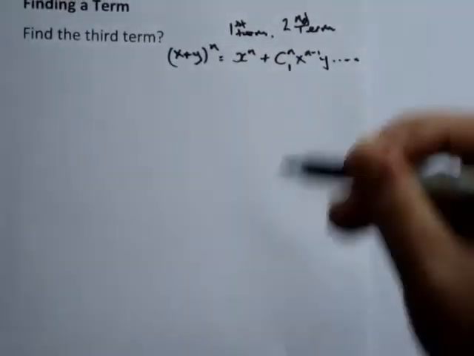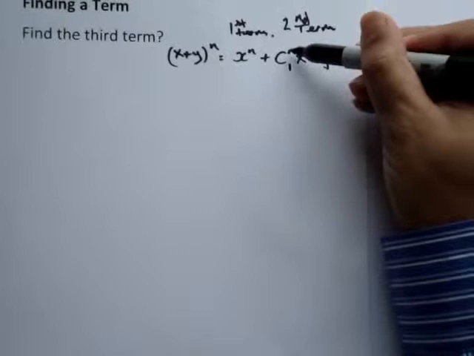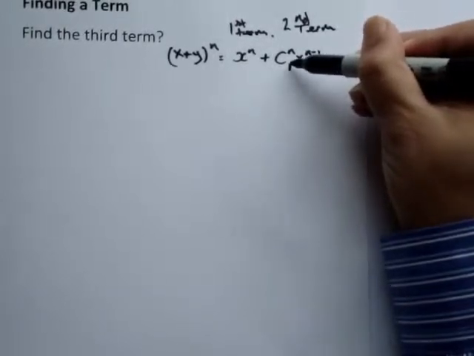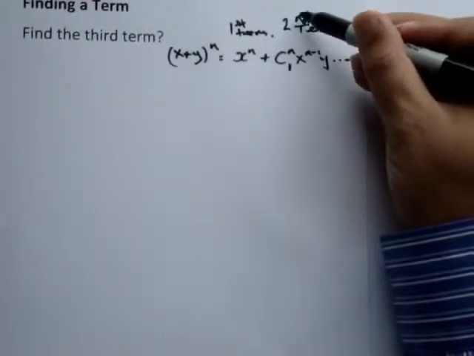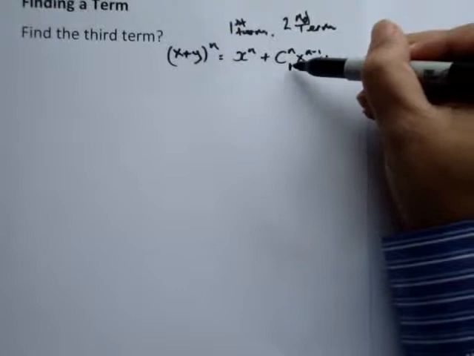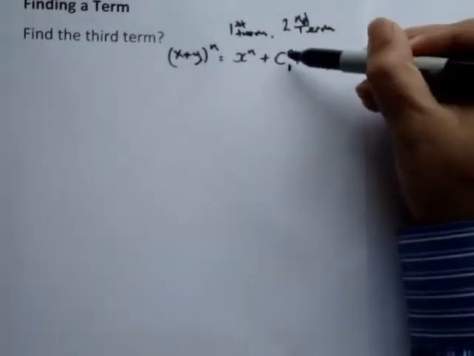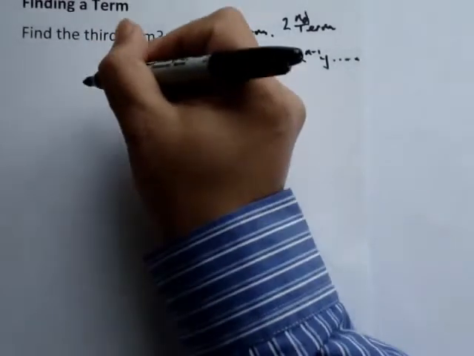Now if we notice in the second term, the nCr coefficient, the r value is 1 less than the term value. So if we're looking for the second term, this would be nC1. If we're looking for the third term, it would be nC2. So if we write that out, we get,